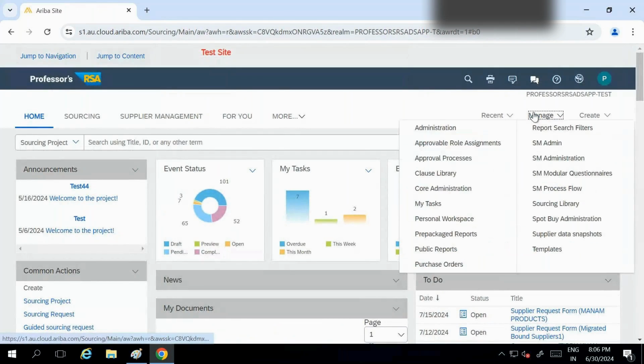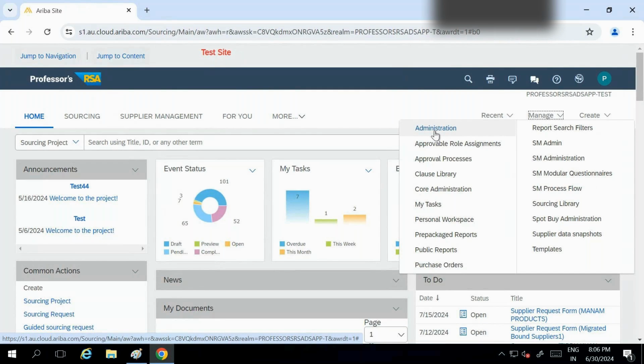Here we have manage. From here we do the administrative access. Via administrative access, we can manage master data from here, we can create users, we can create suppliers from here. So these are some important administrative access here. This administration is for sourcing. Now you can just note down, if you want to note down, this is an important point. So this is the admin.